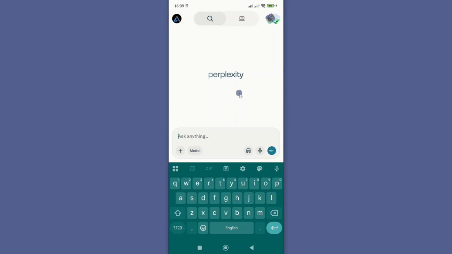In this video, I'm going to show you how you can exit Incognito Mode on Perplexity AI app using your